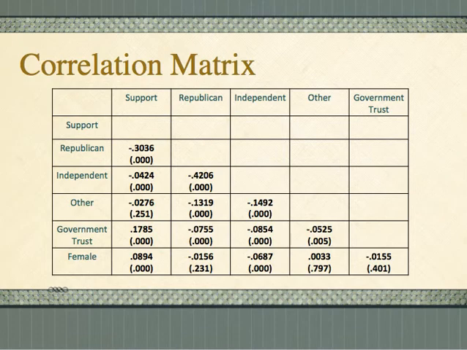The significance values of 0.000 indicate that these relationships are very unlikely to be due to chance and very likely representative of the population. The second hypothesis argued that trust in government should positively affect support for public expenditure. The matrix shows that while this is true, the relationship is weak. Government trust would only explain about 3% of the variation.